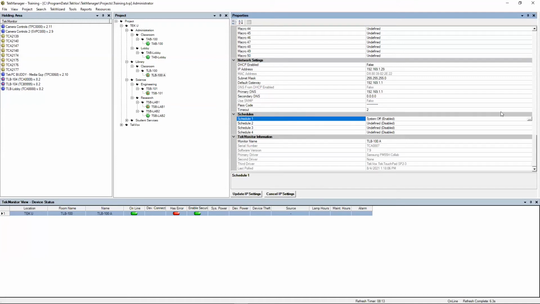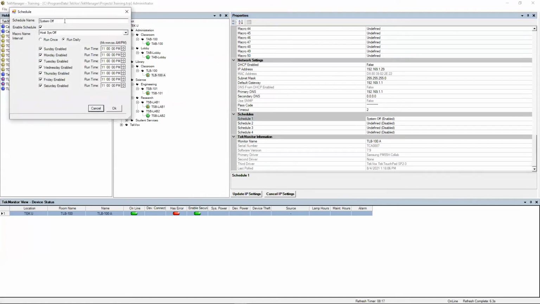Next, we have schedules. So you can set schedules to run at either once, like a one-time thing, or run daily on various days of the week. Our most common application of these schedules is a system off schedule. So late at night, typically around 11 or maybe 12, we will have the TekMonitors scheduled to turn everything off